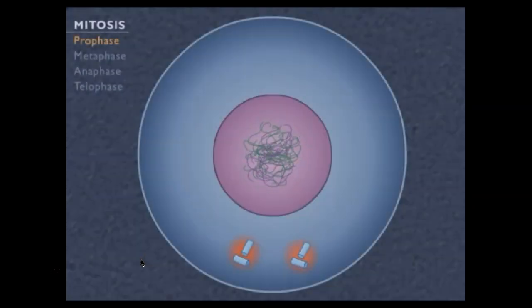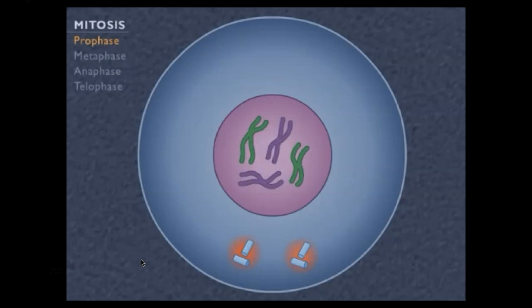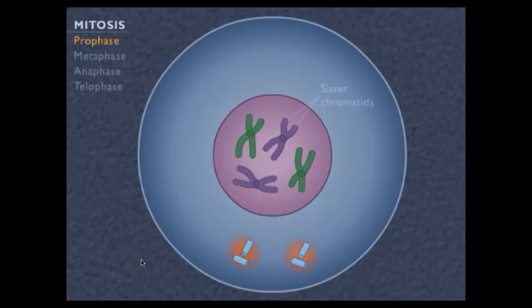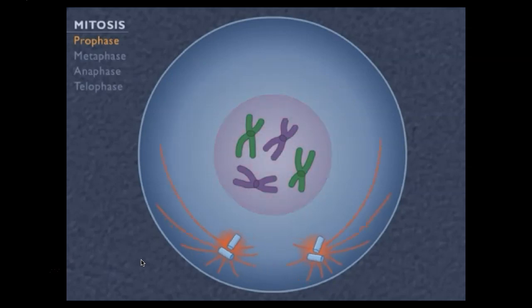During prophase, the chromosomes become visible and condense, becoming shorter and thicker. Each identical copy of a single chromosome is called a sister chromatid. The nuclear envelope breaks down and spindle fibers form as microtubules grow out of the centrioles that move to opposite